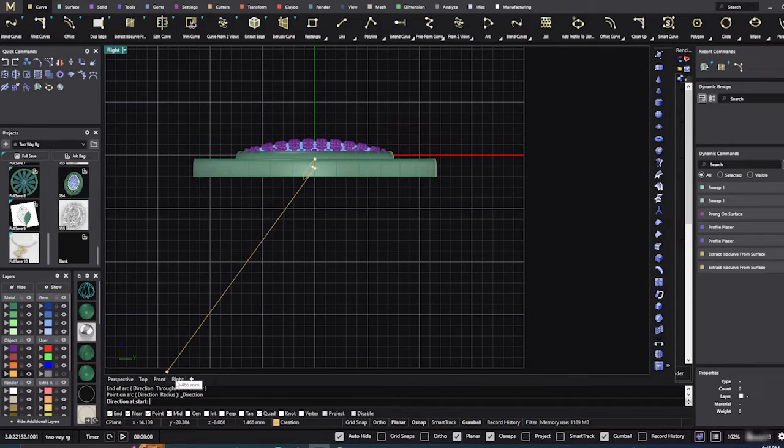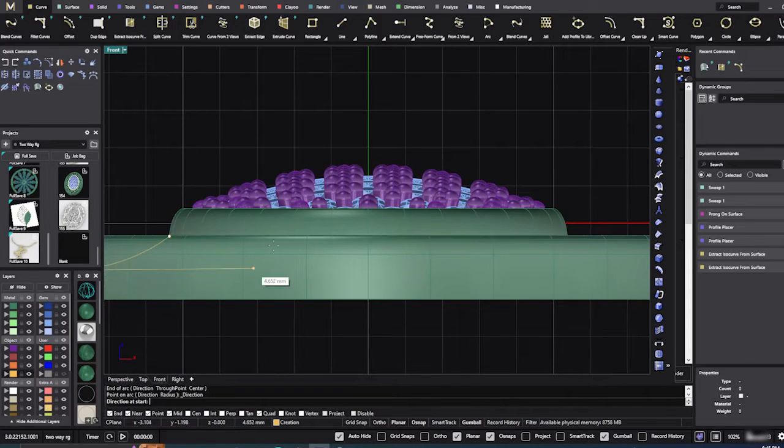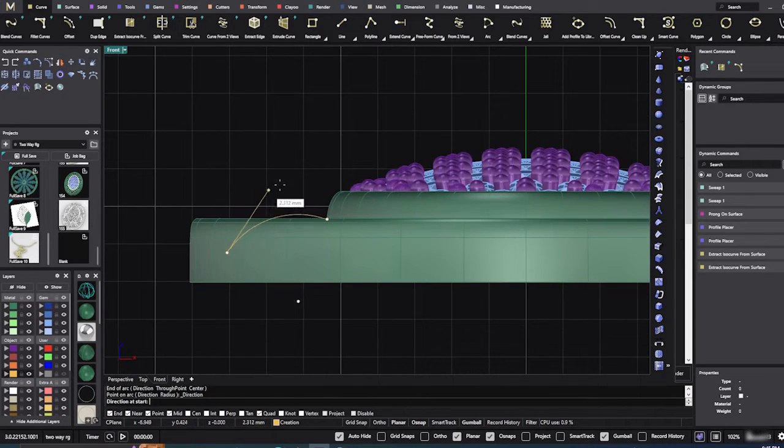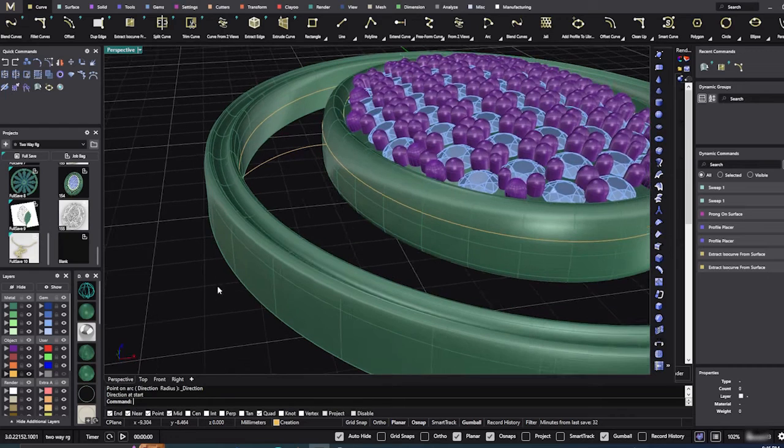Or rather, right view. There we go, front view. And kind of give it a little arc there. Alright, and then from here back to perspective and do another surface 2 sweep, except we want to change it